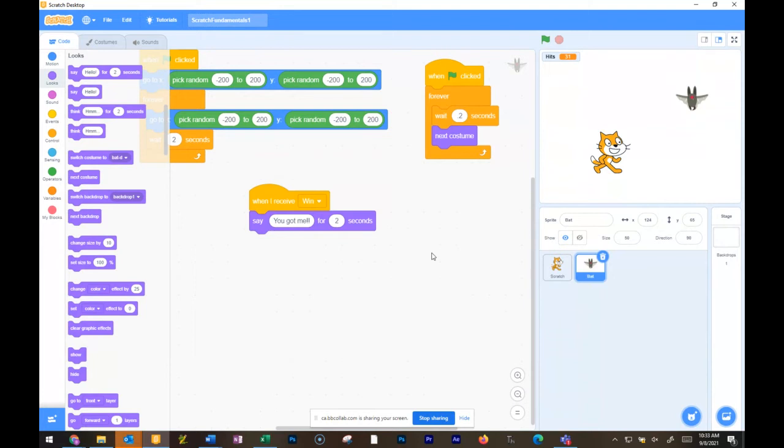What's going to happen here, and this is sort of just the little odds and ends, the little details you fix up at the end, I can already anticipate. When this happens and when you get 15 hits, after the message, you got me for 2 seconds, the program's still going to continue because I didn't tell it to stop. So if we run the program right now,